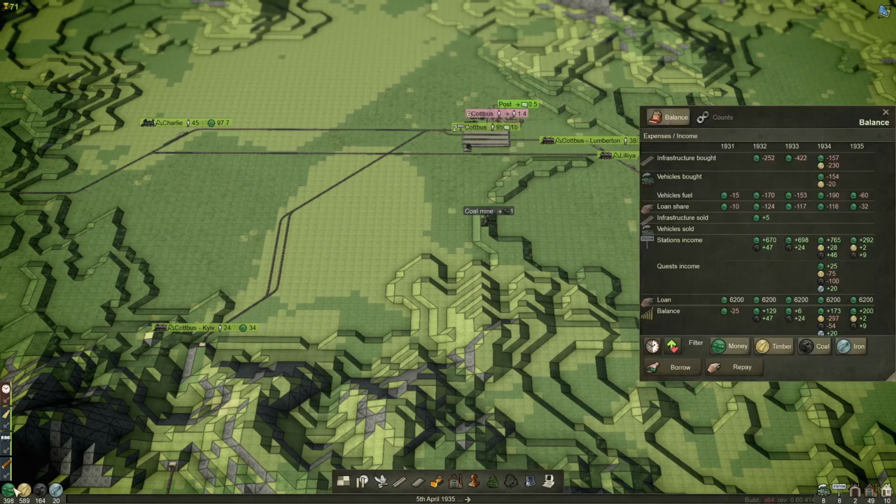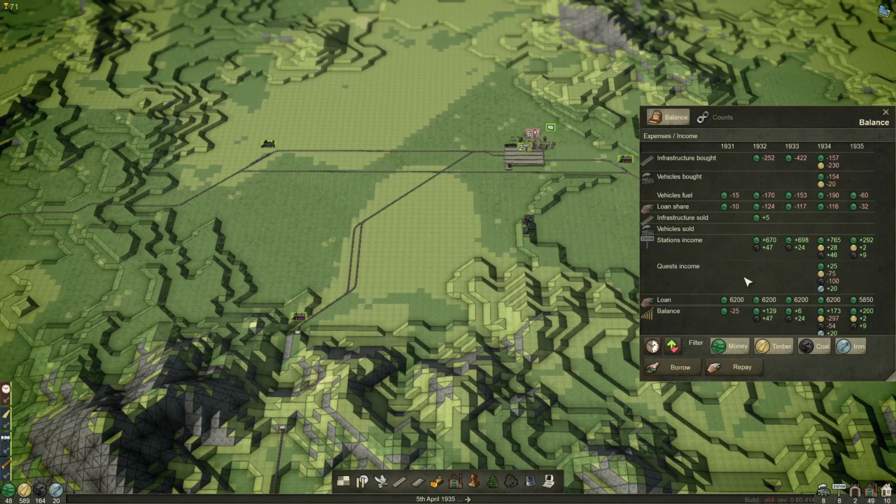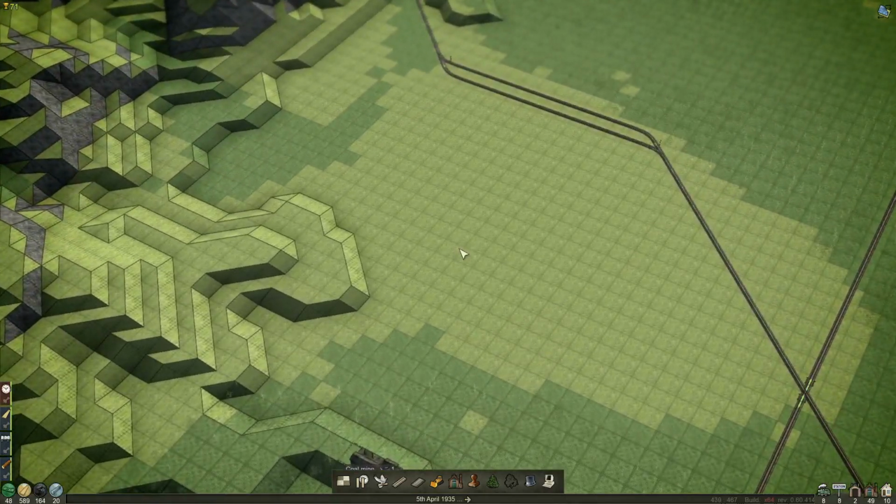Talking of printing money, we are going to repay some. There we go. Not quite got our debt down. But, you know, and look at this. Loan share. How much that's costing us. So it would be nice to get that off our backs. With that said though,